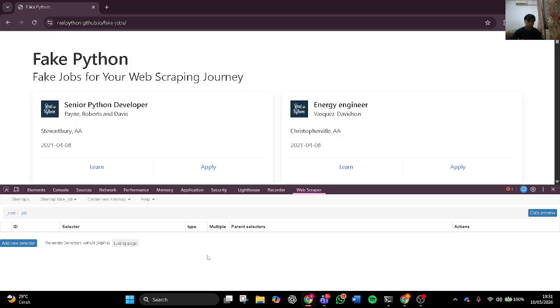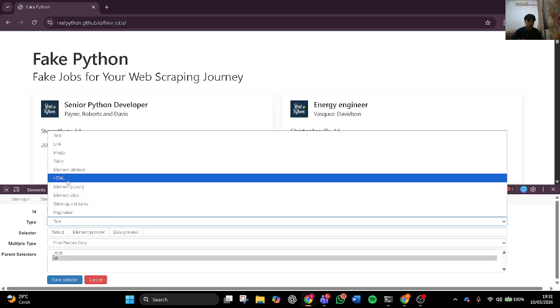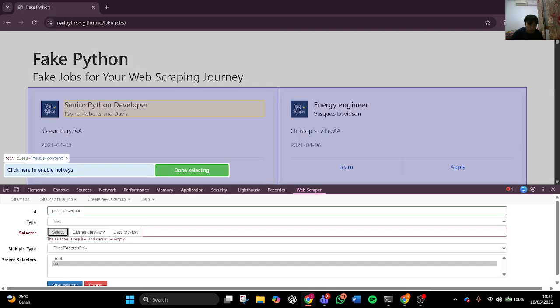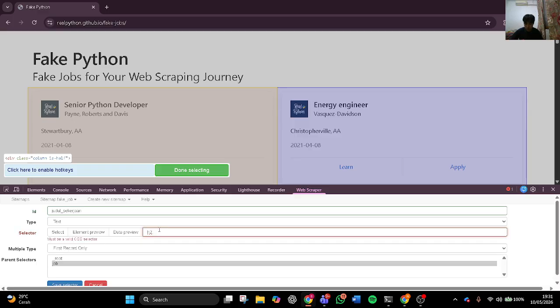The child selector has three child selectors, and the first one is the judul, or job name. The type is text, and the selector I write again is h2, h2 dot title.